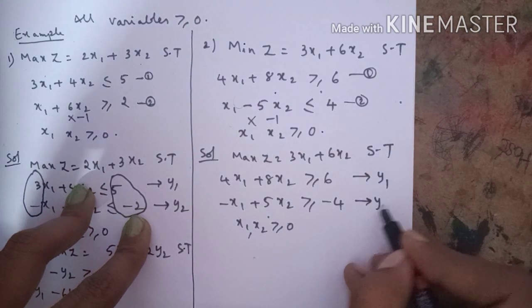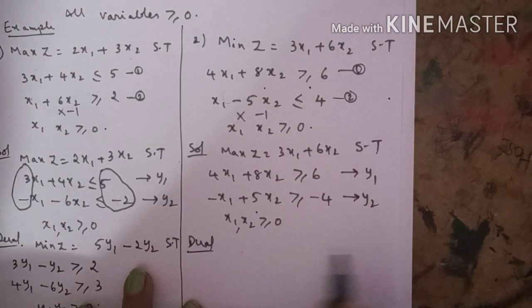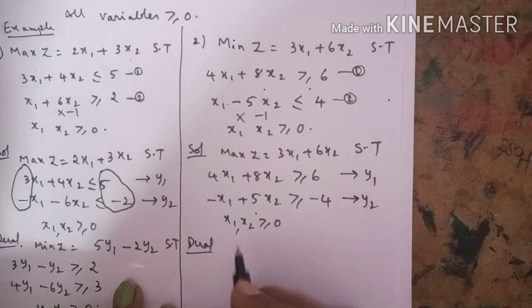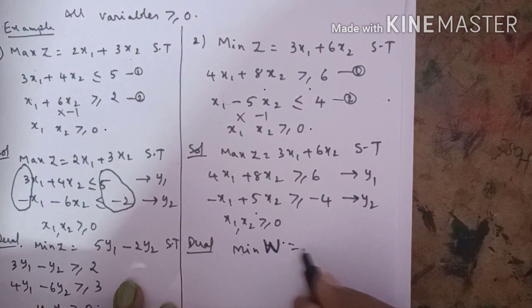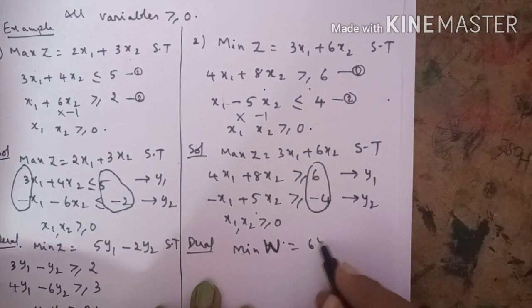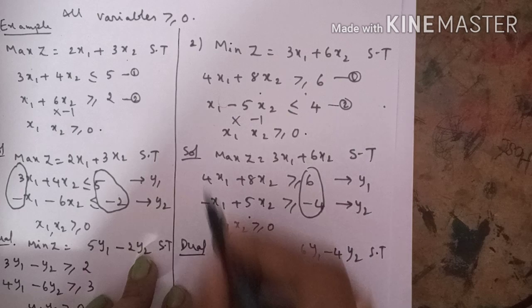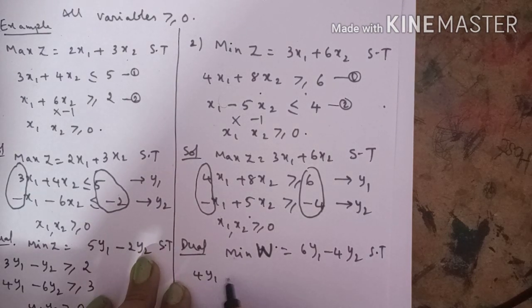Now we will convert this into the dual. Now the dual LPP will become, see, while converting into the dual, minimization becomes maximization: maximization of w is equal to, the right side of the constraints will become the objective function, 6y1 minus 4y2, subject to the constraints. The coefficients of the first column will become the first row coefficients: 4y1 minus y2, greater than or equal to becomes less than or equal to,